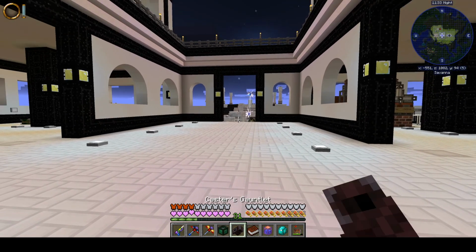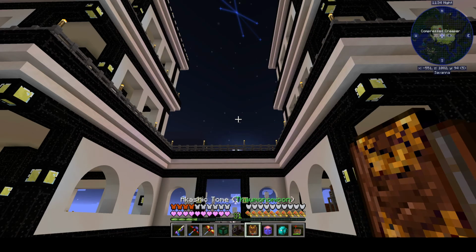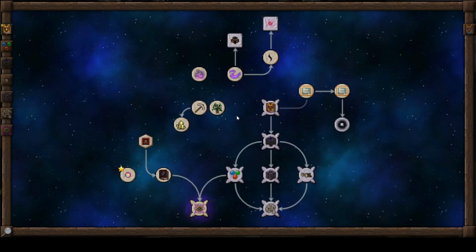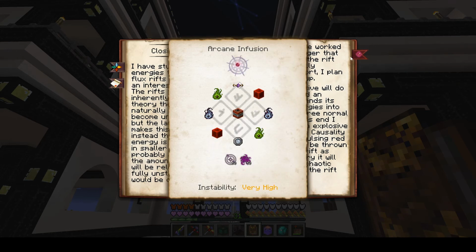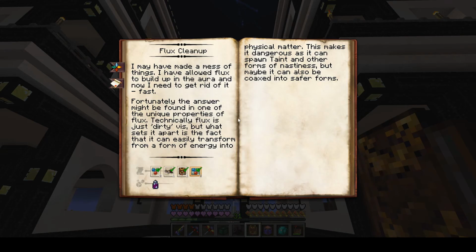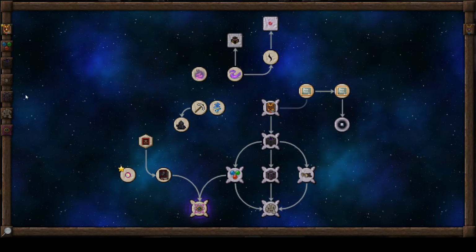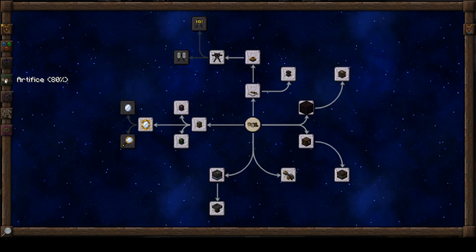So yeah, now we go into our Akashic Tome, select our Thaumonomicon, open that bad boy up, and this is what we were after. Closing flux rifts. No, we already had that. That's where we got that. So, well, the thing that we're trying to make is...